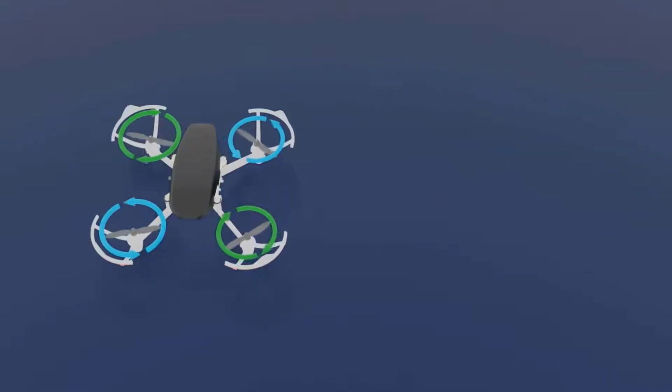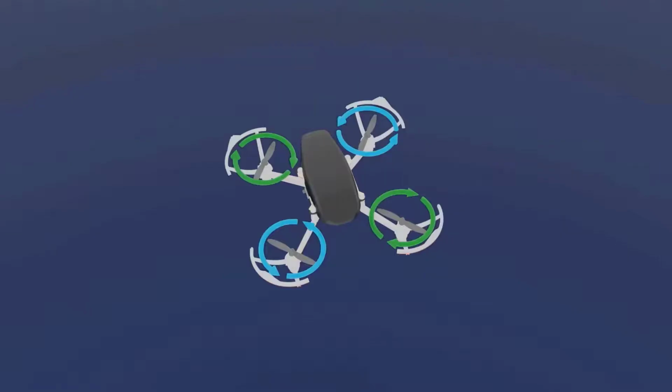So what we have to do is first increase the RPM of these two, and then once I have reached the angle that I want, I have to make the RPM of all four motors equal. Then the drone stops rotating, you have a roll angle, and the drone will continue to move.